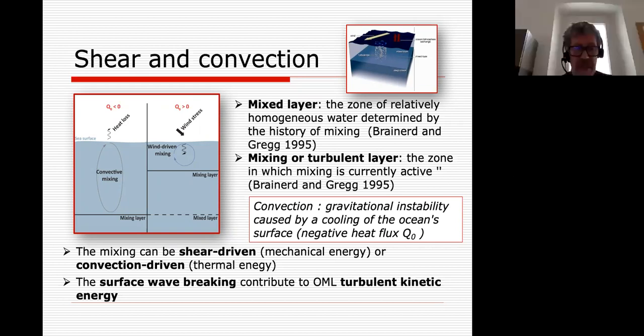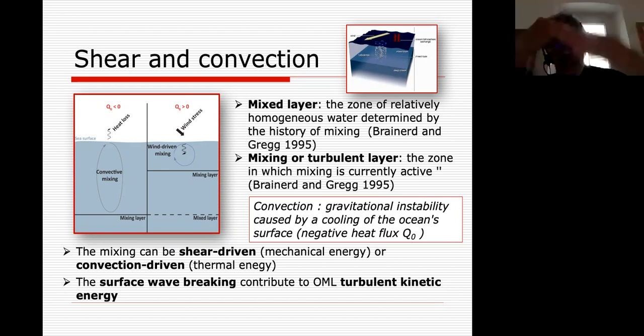We forgot here the surface wave breaking that also contributes to turbulent kinetic energy. And plus other processes, for example, precipitation, for example, internal wave breaking. So there are other processes, but let's keep the explanation as simple as possible, because even if this layer is so shallow compared to the average